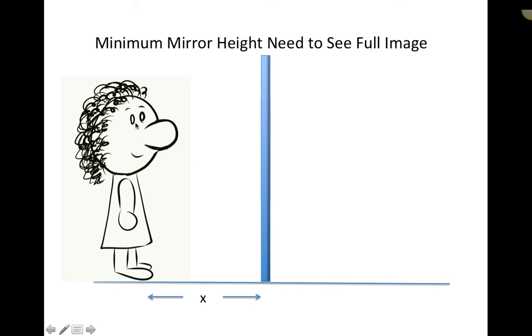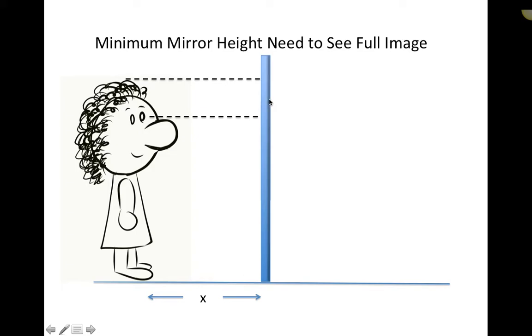So in order to do that, the person is going to have to be able to see light that comes from the top of the head or the hair, reflects off of the mirror and gets back into the eye. So in order to see the location of this reflection, we're going to draw a line that represents the location of the eyes relative to the mirror and the location of the top of the head relative to the mirror. So light would have to start off at the top of the head, strike the mirror and reach the eyes,